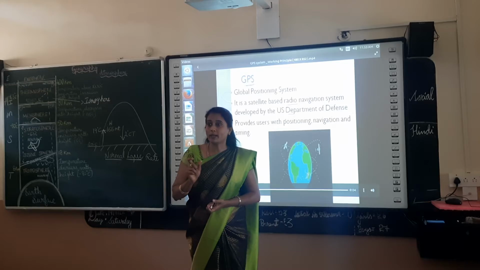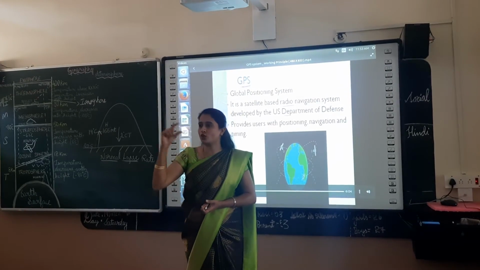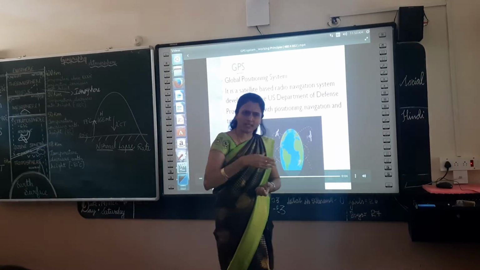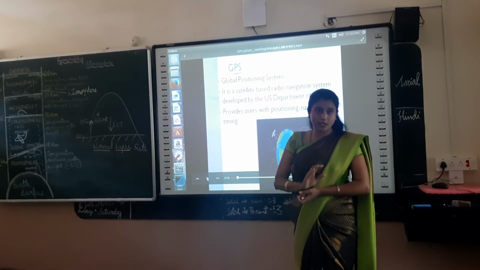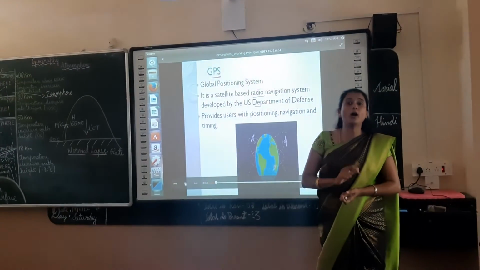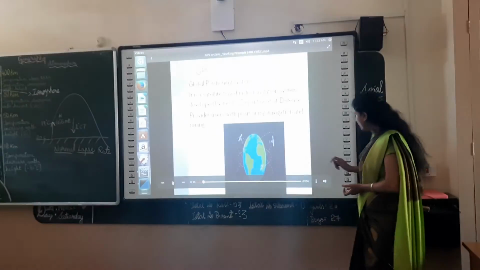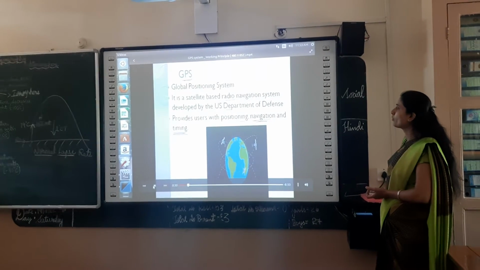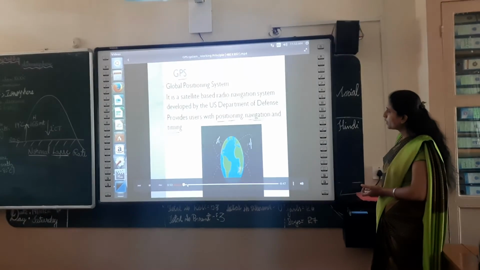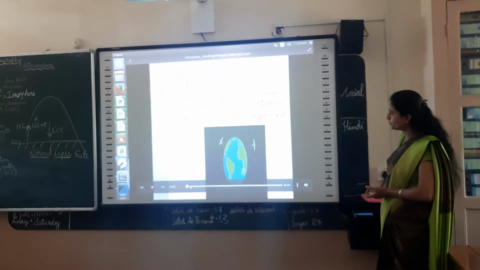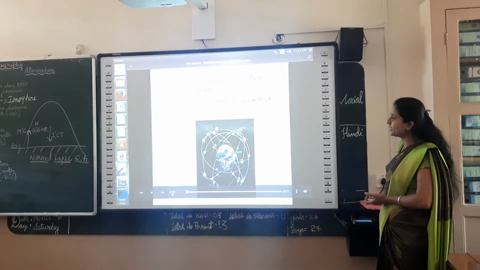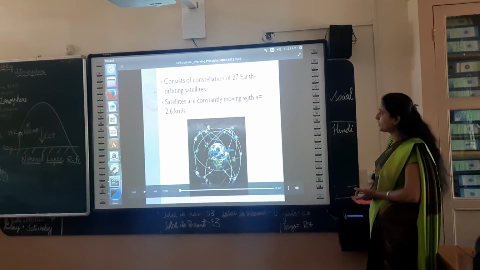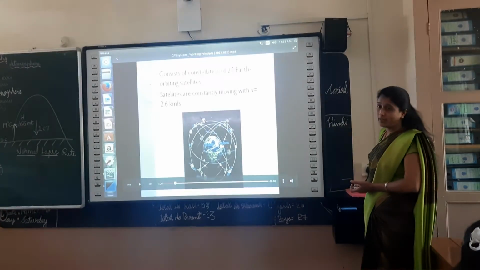Am I correct? What does it do? To reach that distance, you may require this much time. In that way, it navigates us also. Navigate means it shows the direction, and it also tells the time of your reaching. It will also tell you the exact location positioning and the time at that exact location. Here, you have to remember this underlined concept. Based on consistent movement and speed, the time will be decided.